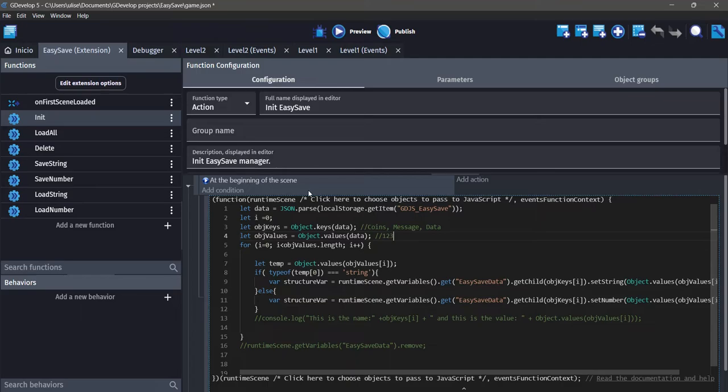I don't remember it. I think it's 1, 2, 3. The message value, which is this, is a message, I think. I don't remember. And data is something like